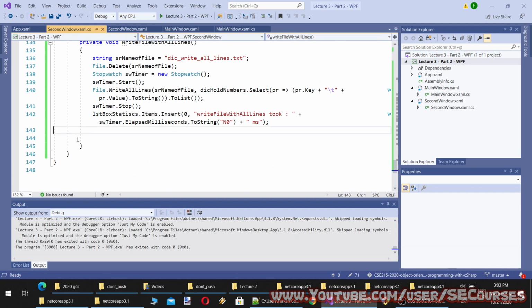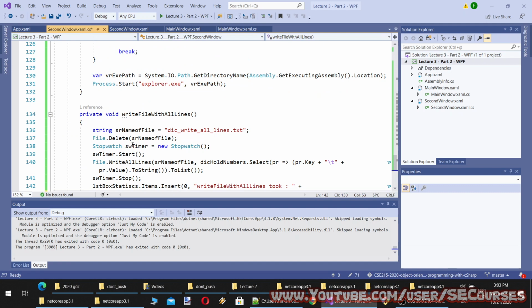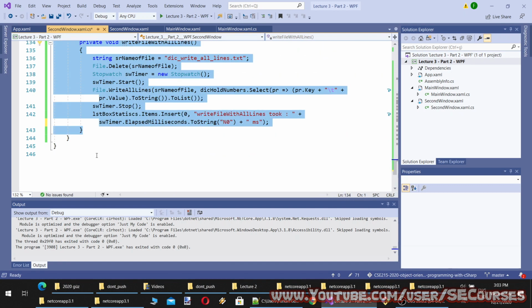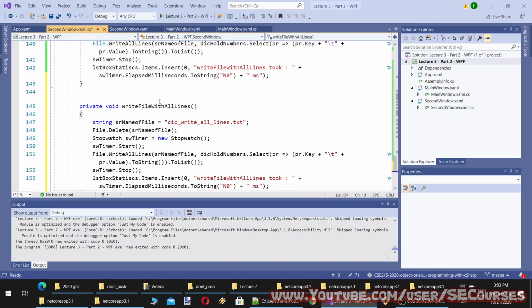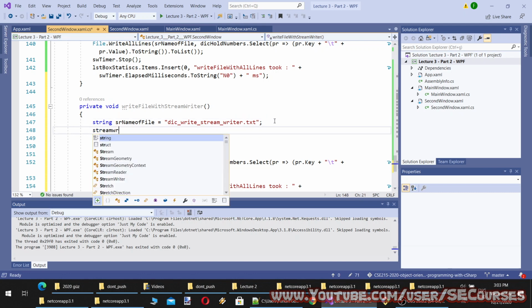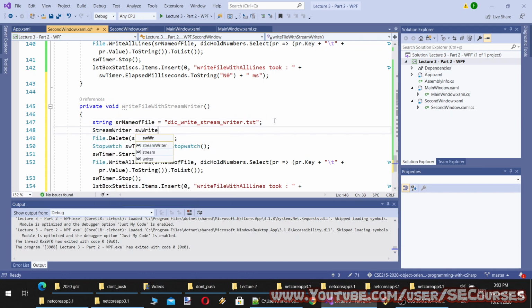So I will also code them like this. Write file with a stream writer. So, yes, stream writer. I'm going to compose a stream writer after deleting the file.